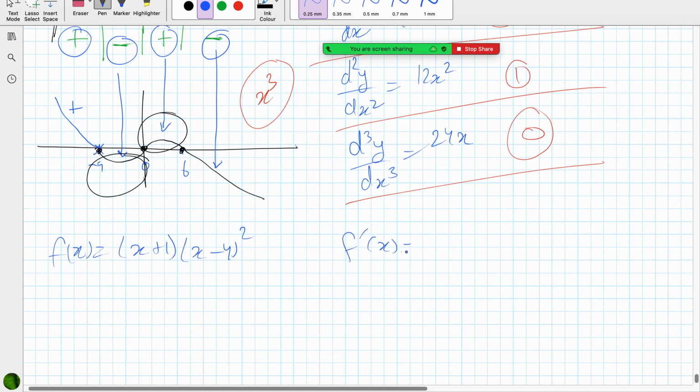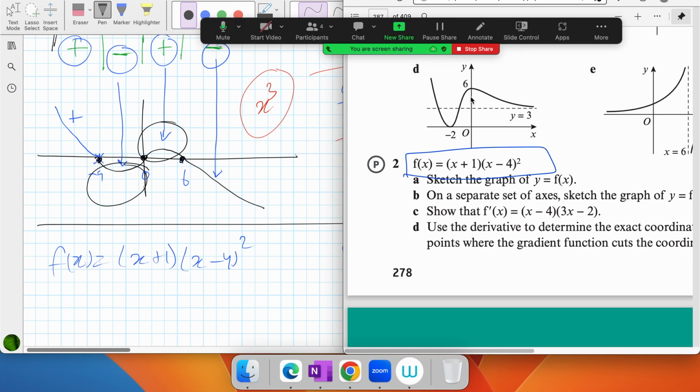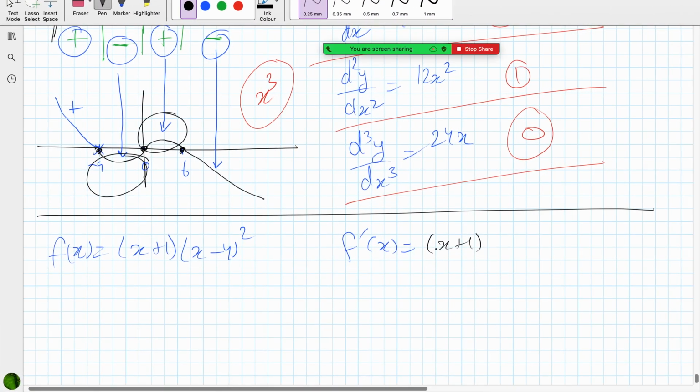So for f dash x, let me first just solve this. This is the next question. In question 1 graphs were given. In question 2 he's asking you to sketch and then sketch for the derivative. So if I have to find the derivative, this is first function into differentiation of second plus second function into differentiation of first,